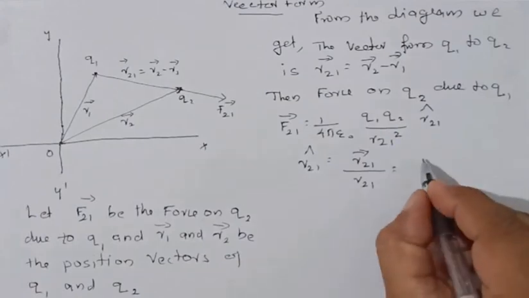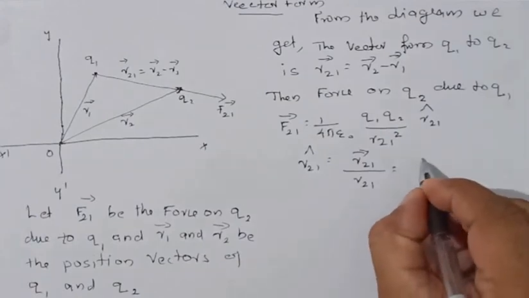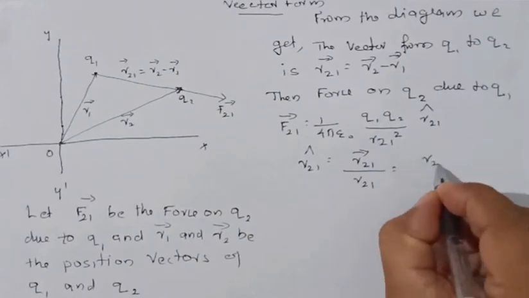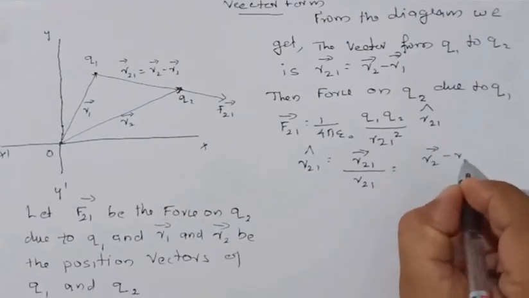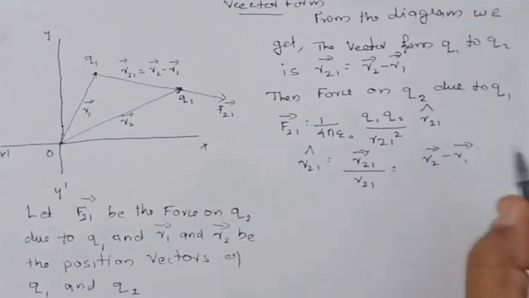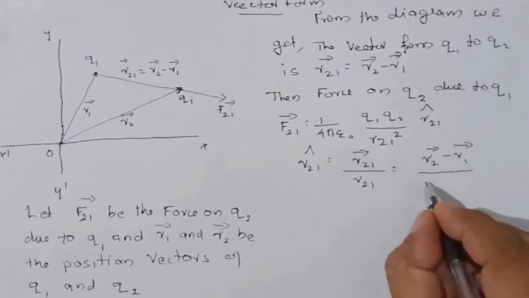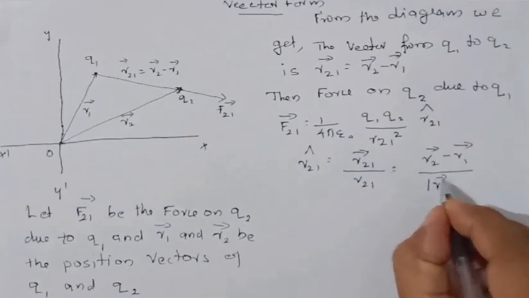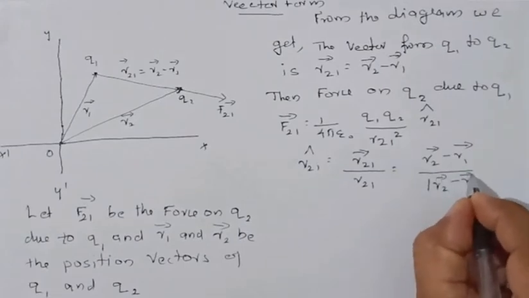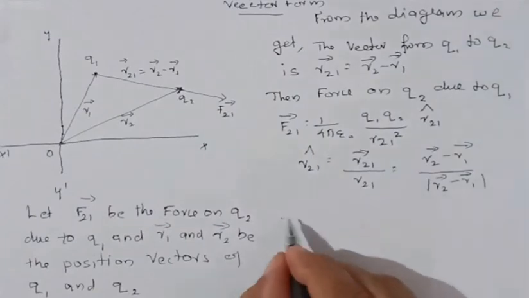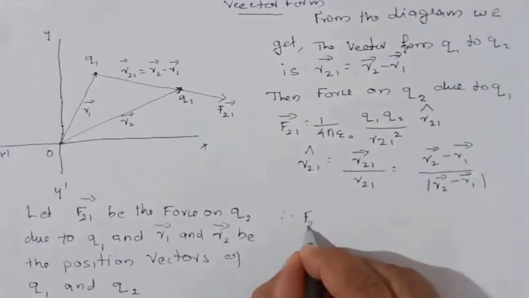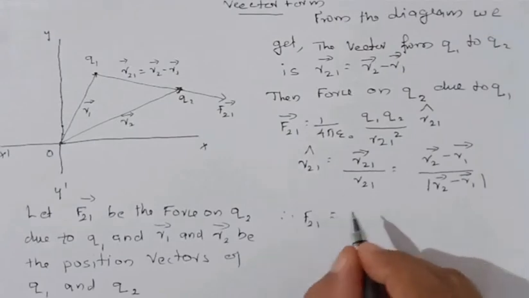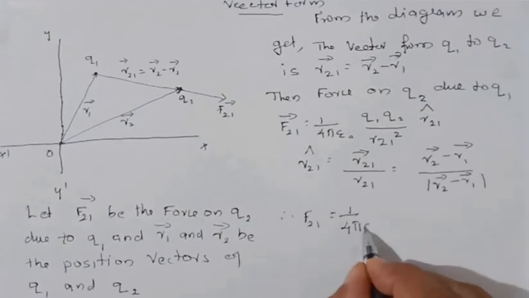Then R21 is equal to R2 minus R1, which you already know. So we can write vector R21 cap is equal to vector R2 minus vector R1 upon magnitude of vector R2 minus vector R1. This is R21 cap. Now you can write F21, vector F21 is equal to 1 upon 4 pi epsilon naught